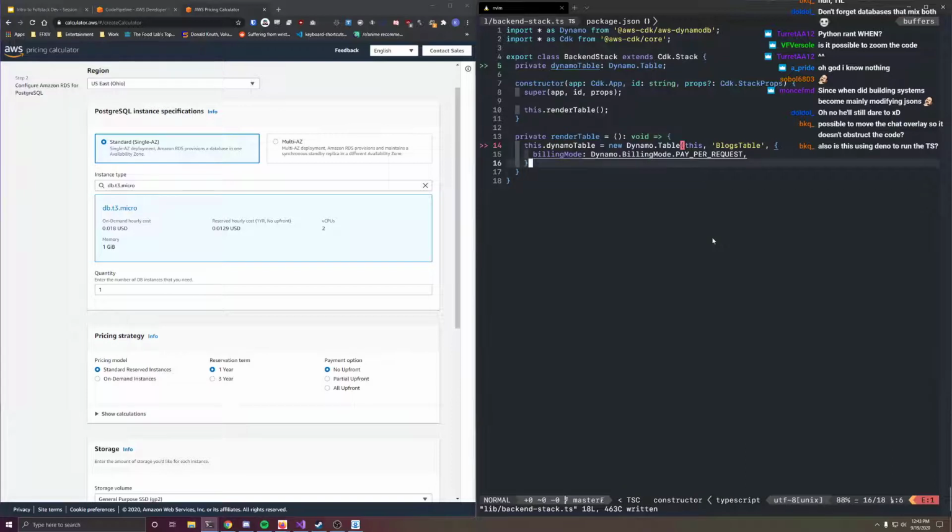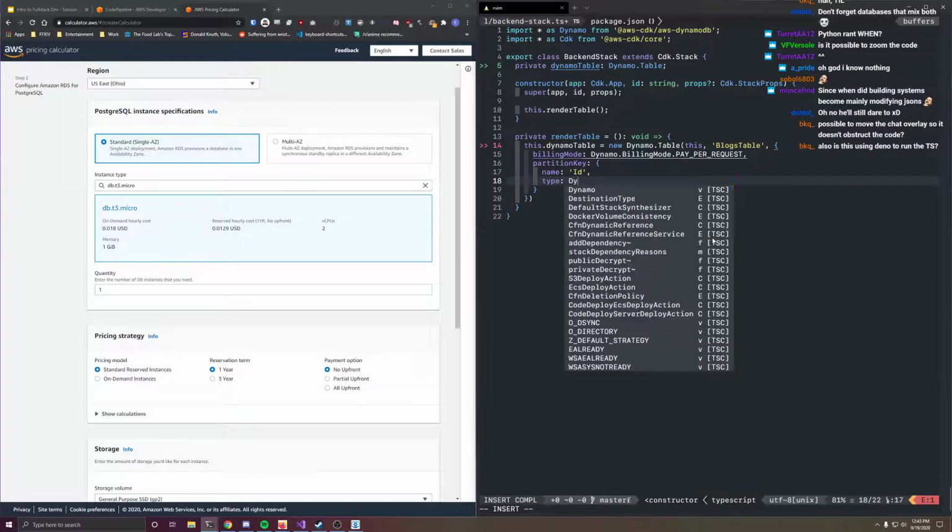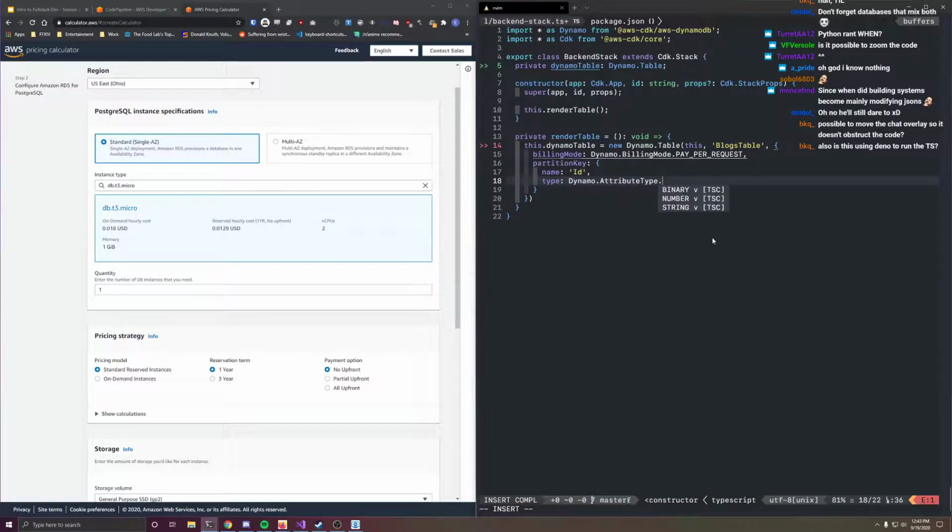What the hell is the problem with this? Oh, okay. I need a partition key. Fine. I need two things. I need a billing mode and I need a partition key. Type dynamo.AttributeType.STRING. Okay. So, what does this do? This just says that instead of paying per capacity, I pay per request. So I do the serverless billing mode for this Dynamo table, and my partition key, which is like